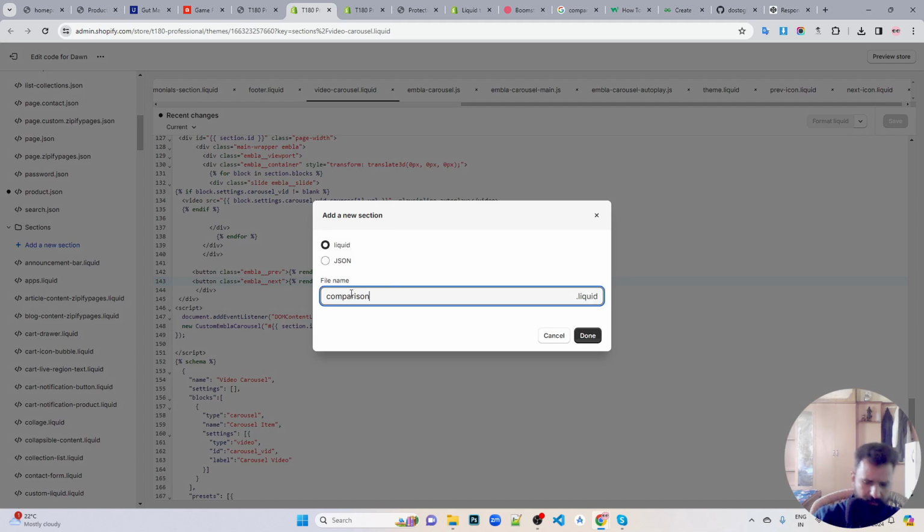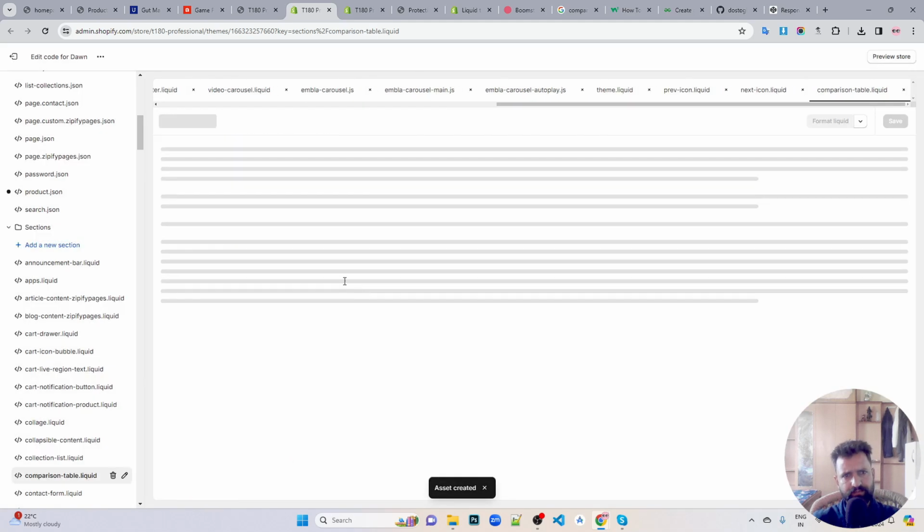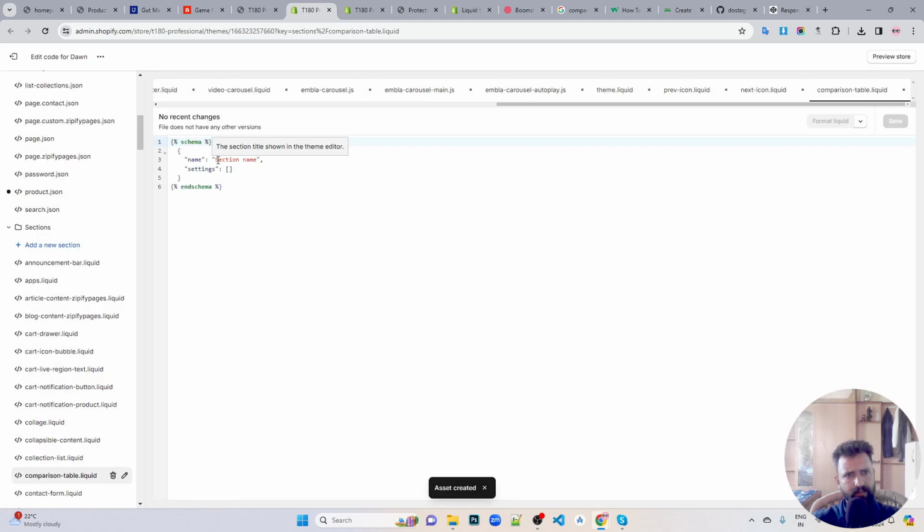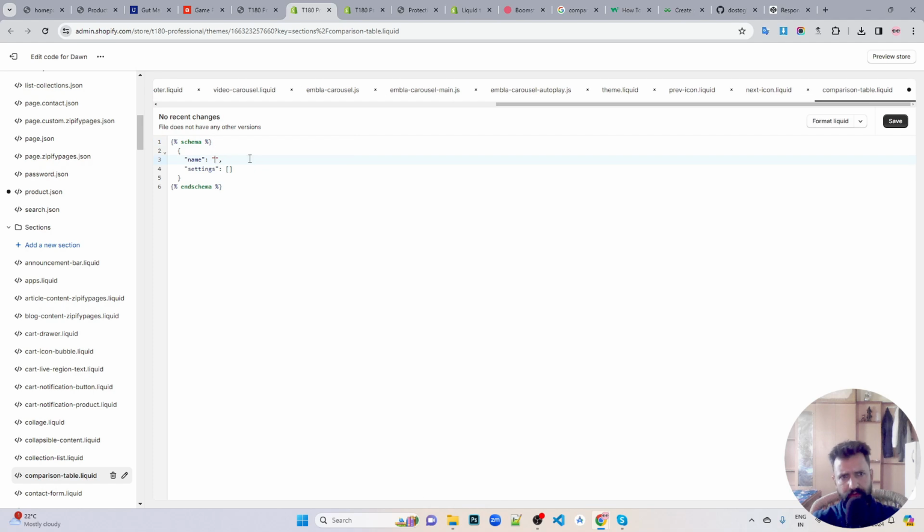Comparison table section. Comparison table, and we can simply use presets,